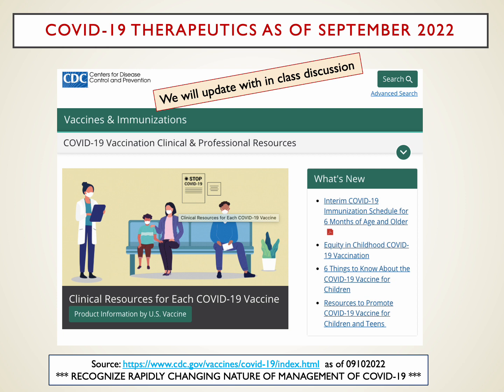As of September 2022, there is now a bivalent vaccine booster available for patients who are eligible, which is usually most patients over the age of 12, or 18, depending on whether you're talking about the Pfizer booster or the Moderna booster. A little bit more on that in the vaccine section. But I encourage you also, when you're wondering where is a good place to get the latest information about COVID therapeutics, it's the Center for Disease Control website,